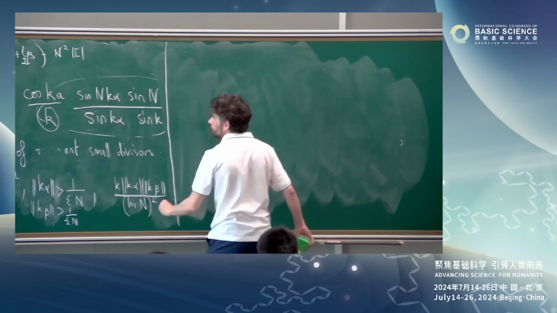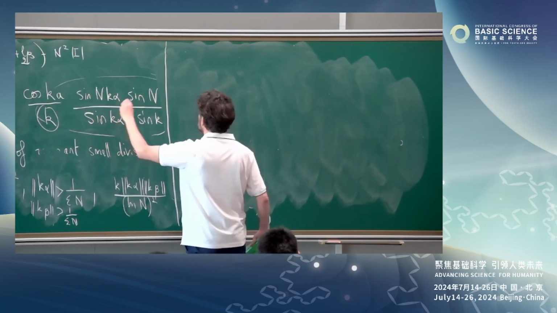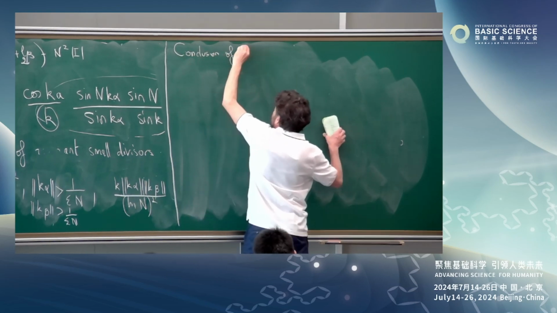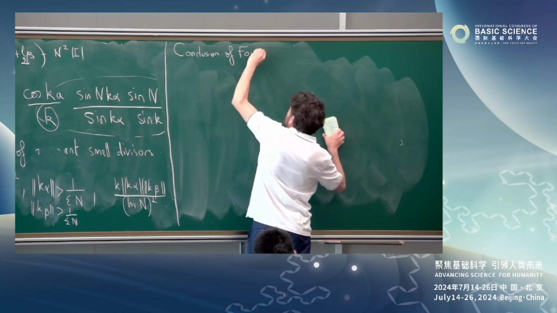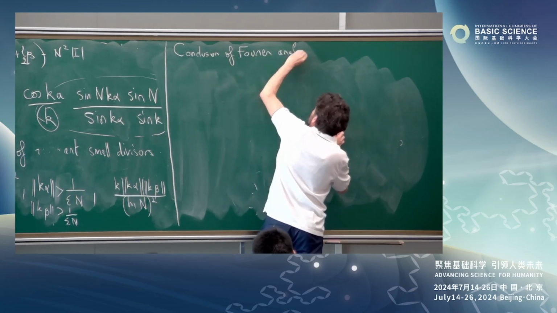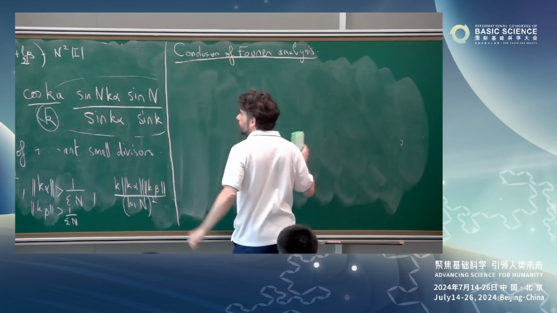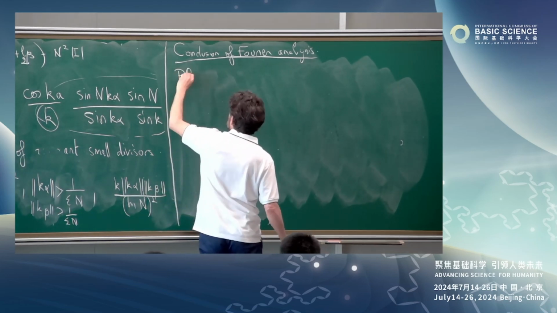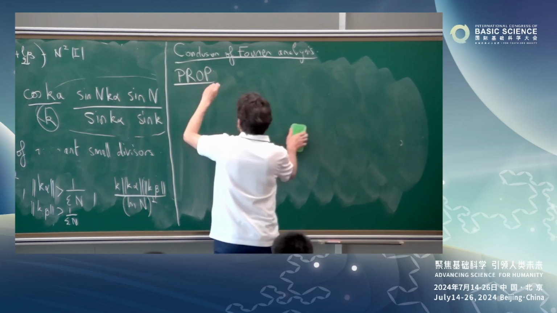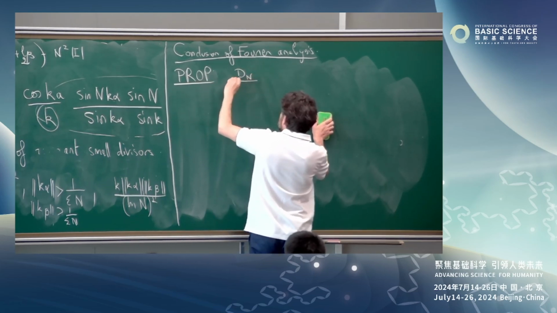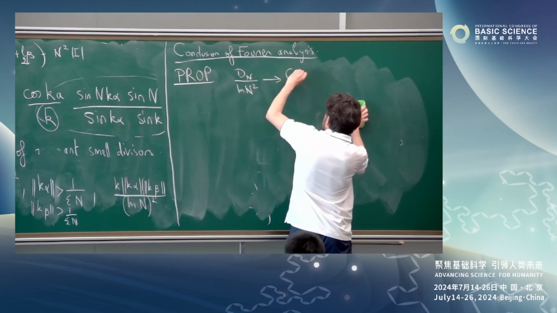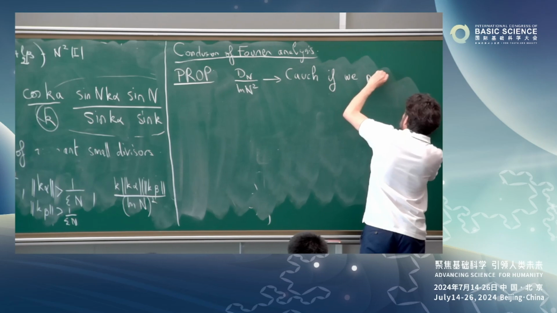It's good. So this step one has a conclusion. The conclusion of step one of Fourier analysis is the following. Let me show you what the conclusion is. The proposition says D_n divided by log n squared converges to Cauchy if we prove that